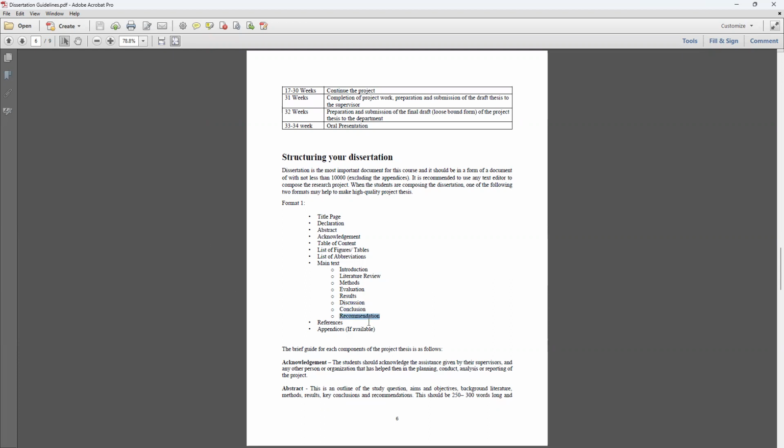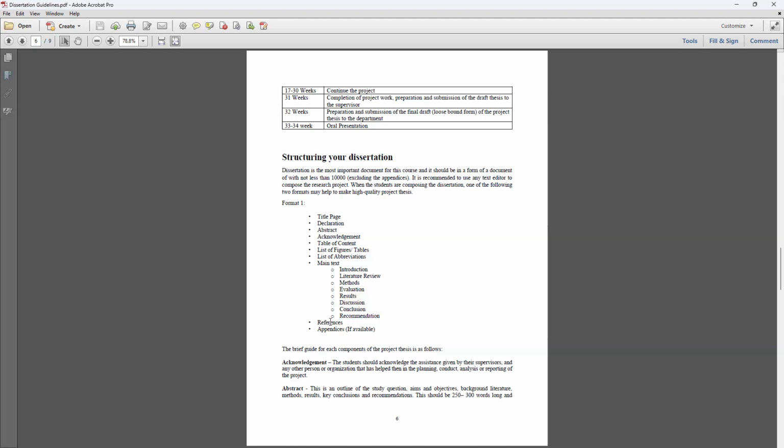For the recommendation, I don't like this word. We can have a future vision or something like that. In the future vision, you can say you found these things worth implementing in your area, but due to the time factor you did not implement them, so you can make them future work. Or whatever additional things you came across during your research that would improve it, you can list down in the future vision.